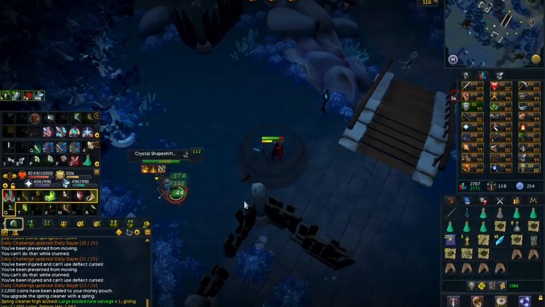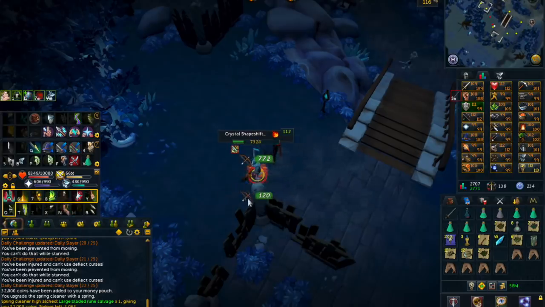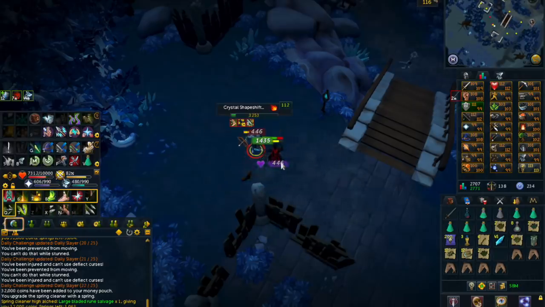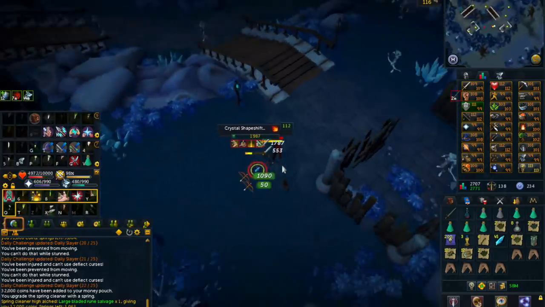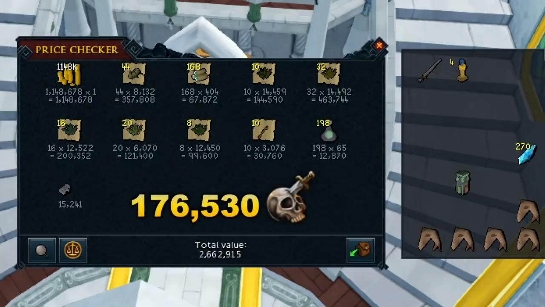So I am going to be going for that. As I do these Crystal Shapeshifter tasks, they do give quite a bit of money and quite a bit of XP as well. They're over 1,000 Slayer XP per kill, and you also make a little bit over 17,000 GP per kill on average. And so the task took around half an hour to complete, and we made some pretty